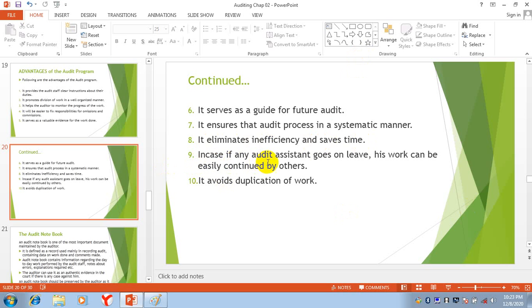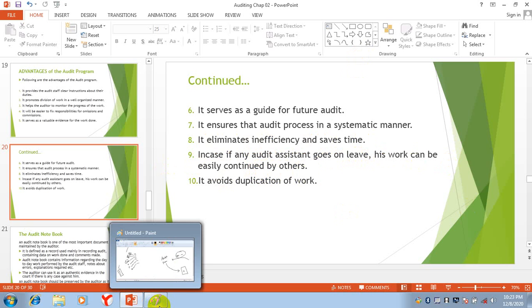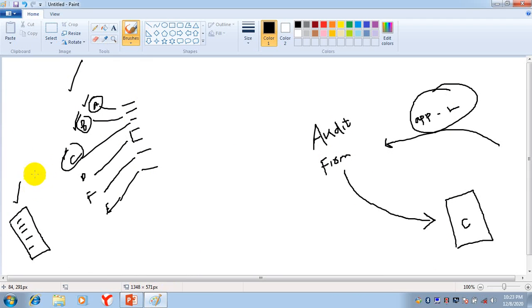In case any audit assistant goes on leave, his work can be easily continued by others. Suppose one of the audit staff, this person, goes on leave, so we can manage his work. We will give this work to someone else.